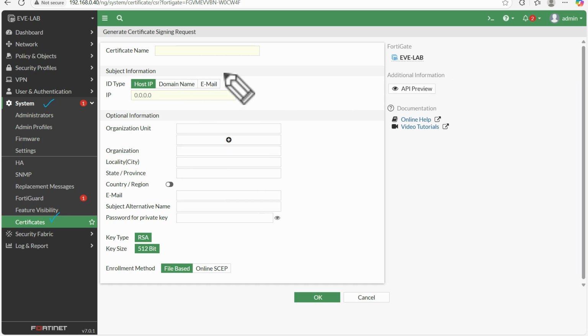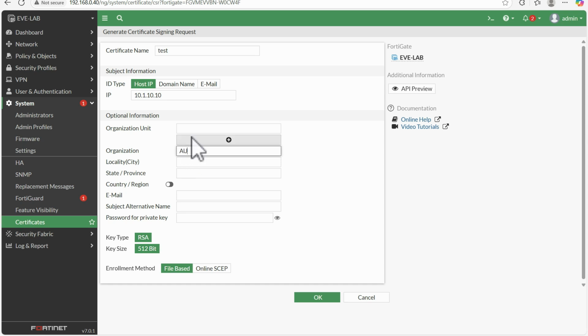Let's say you have a requirement to submit a CSR request to a CA, so that the CA can generate a certificate for you. For the certificate signing request, you just provide the certificate name, like test, and for the region, let's type any IP address, and then you have to type the organization unit and organization, like any name you can type.